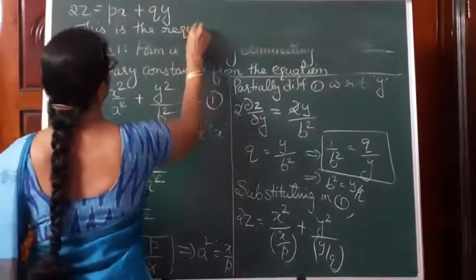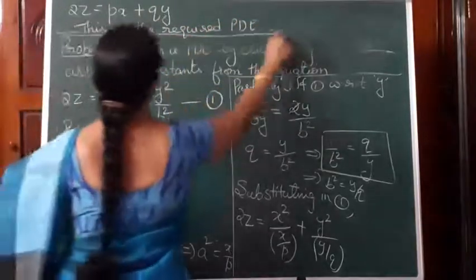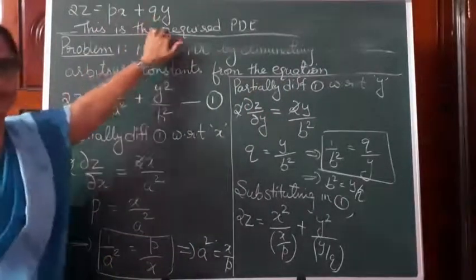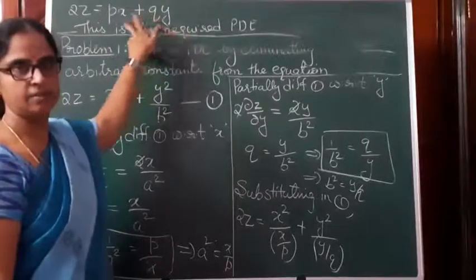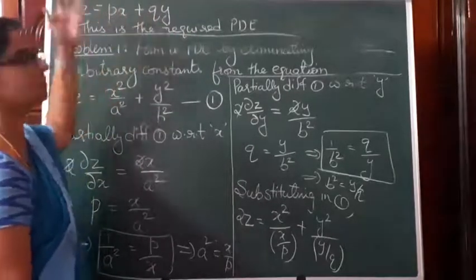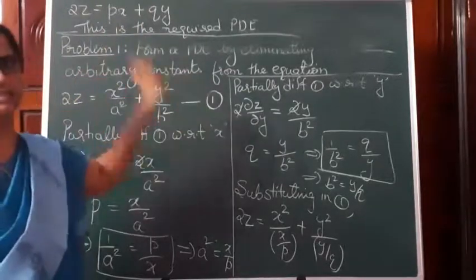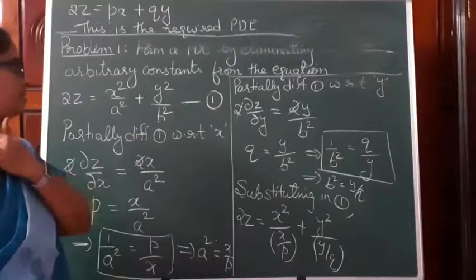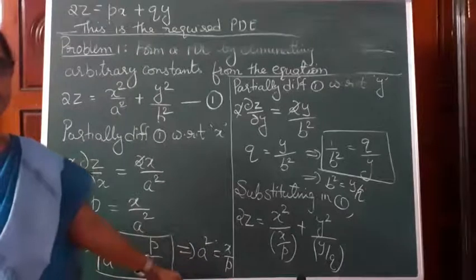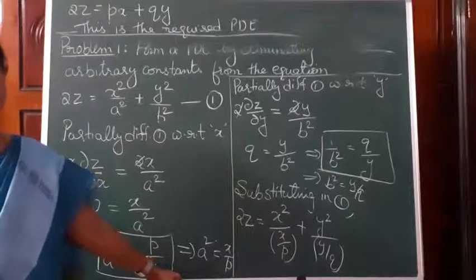Required partial differential equation. If you observe here, this is a first order partial differential equation because p is dou z by dou x and q is dou z by dou y. Those are first order derivatives. And moreover, this is linear. If you observe, this is px plus qy is equal to 2z, which is linear. You need not always get a linear differential equation, but in this case we obtain a linear partial differential equation. So this is the procedure we adopt to form a partial differential equation by eliminating arbitrary constants.